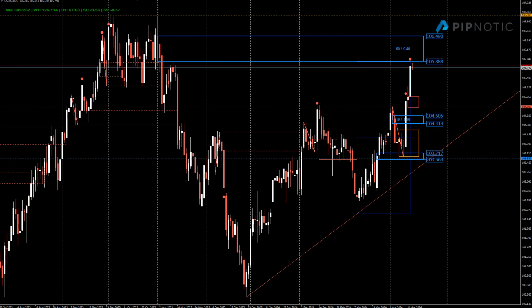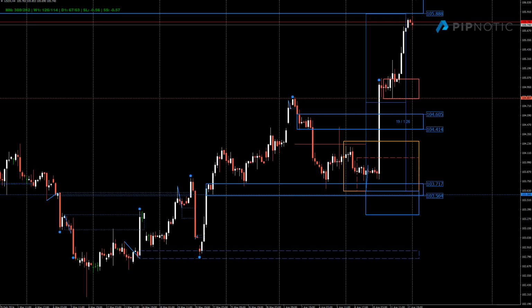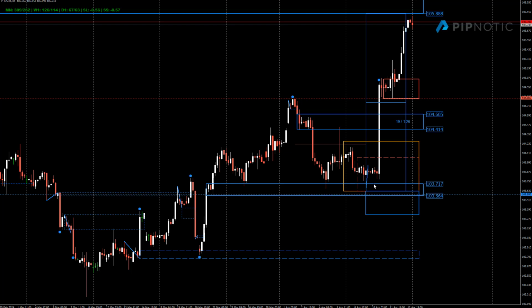So for the American dollar, I would expect prices to pull back a little bit. We had this area marked off last week that we spoke about. Prices tested it. Here we had this area, which we spoke about. Prices tested it once, twice, and then we just cut through this. So this one is now gone. It was tested, and the area that caused that is this one just here. This is where prices came from. This is the origin of that move, and this is probably related to the CPI data that we saw last week.